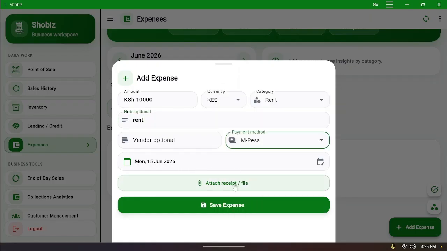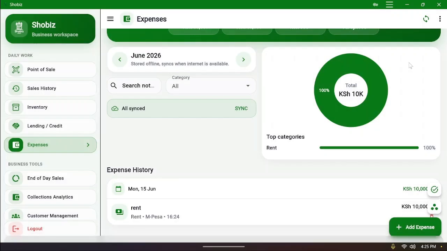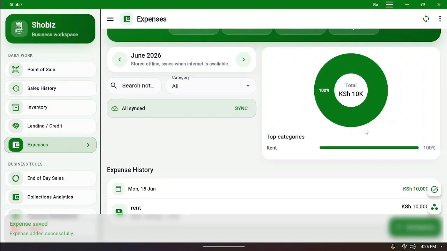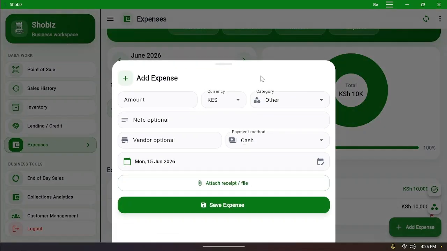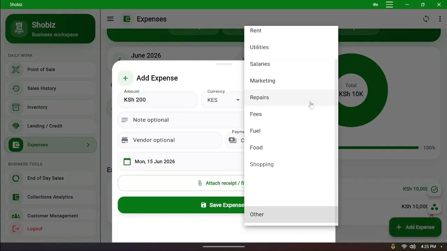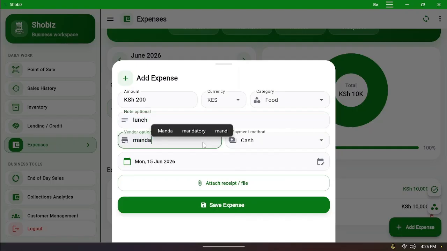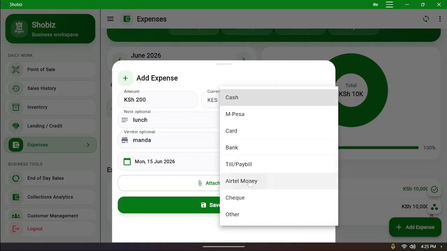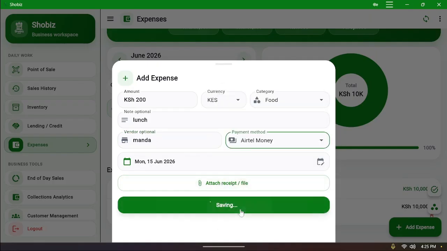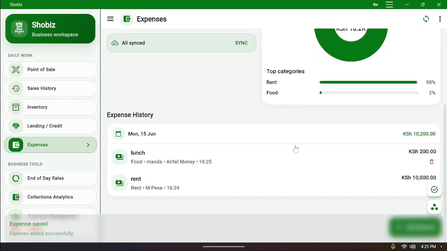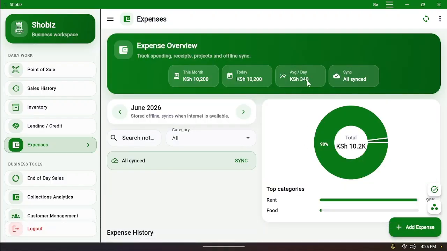You can attach the receipt for that and then save that expense, and then you'll see automatically that it is saved there. So let's say we spend let's say 200 shillings on lunch, so that we can put it as food. Can say lunch. Vendor, you can add that, whoever sold you, how did you pay, paid via telemoney or something, add, save those expenses. So it will have a list of all your expenses, and then now that will help